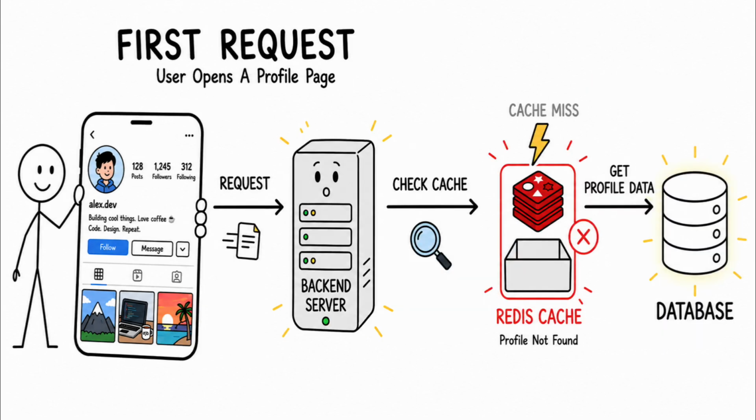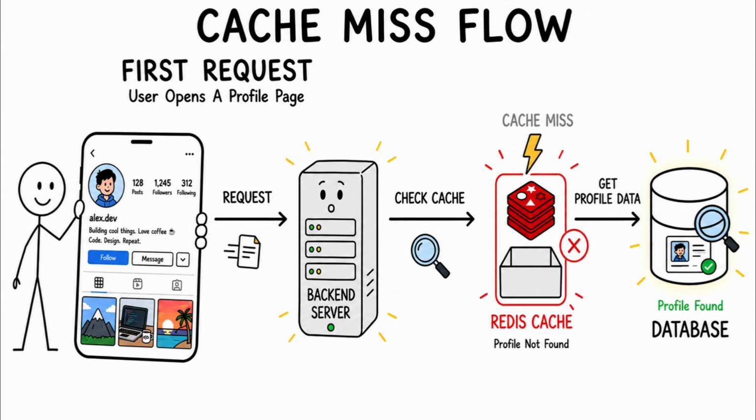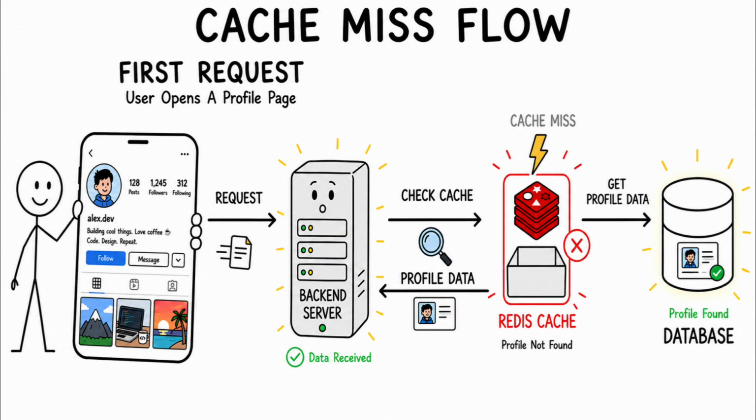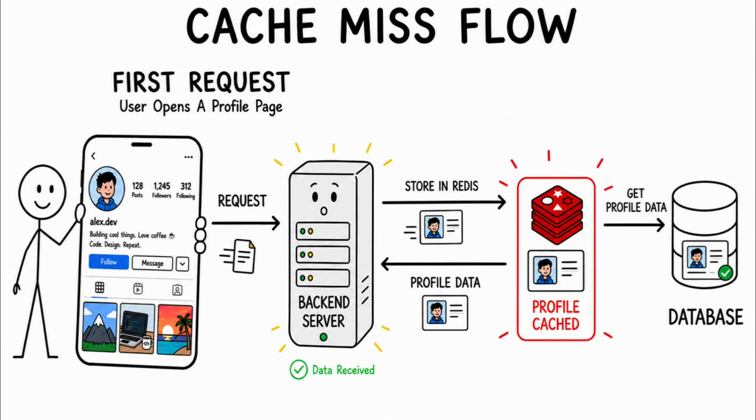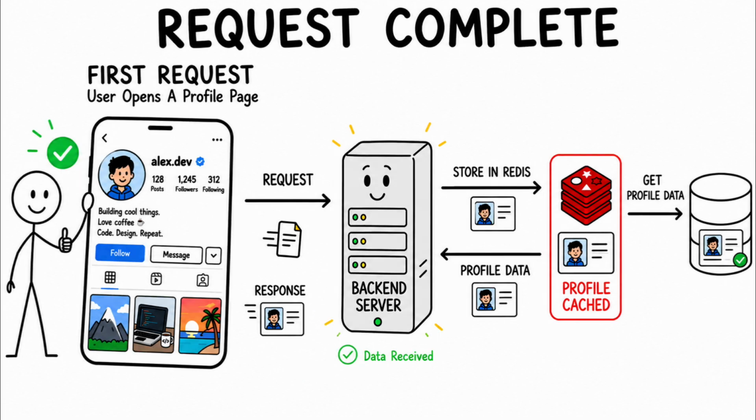The backend sends a query to the database. The database finds the profile, returns the profile information. The backend receives the data. Now something important happens. Before sending the response, the backend stores a copy of that data inside Redis. Why? Because future requests may ask for the same information. So Redis now contains the profile. After storing it, the backend sends the response to the user, and the request is complete. The first request was slower, because it needed a database query, but now Redis has the data, and that changes